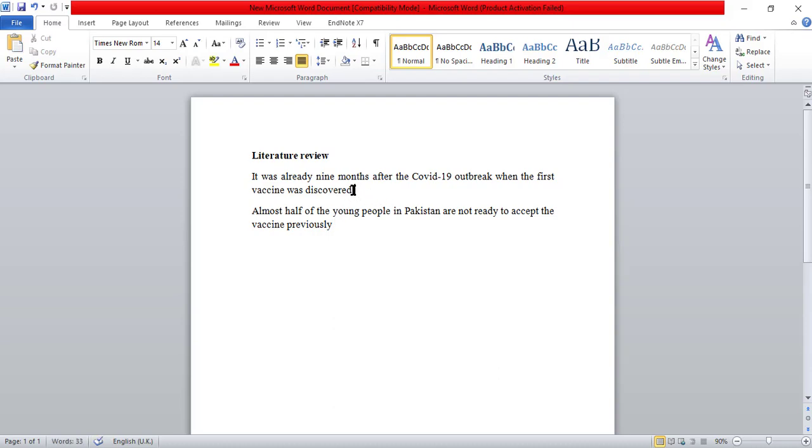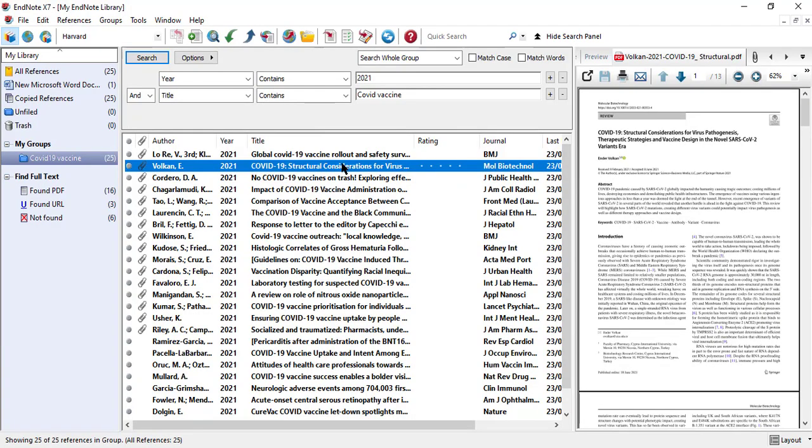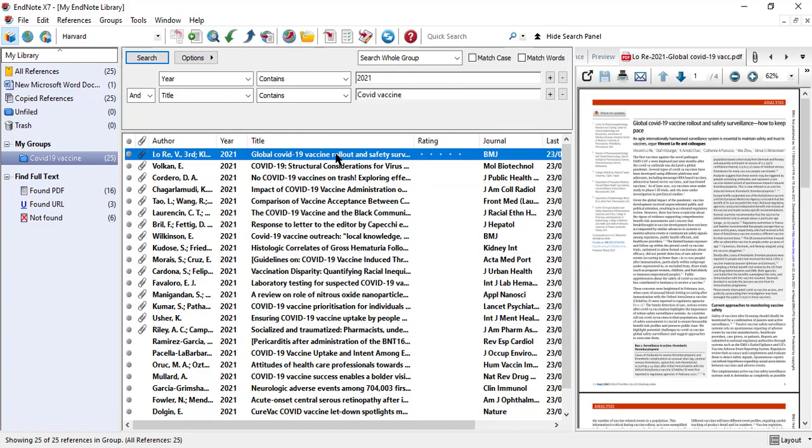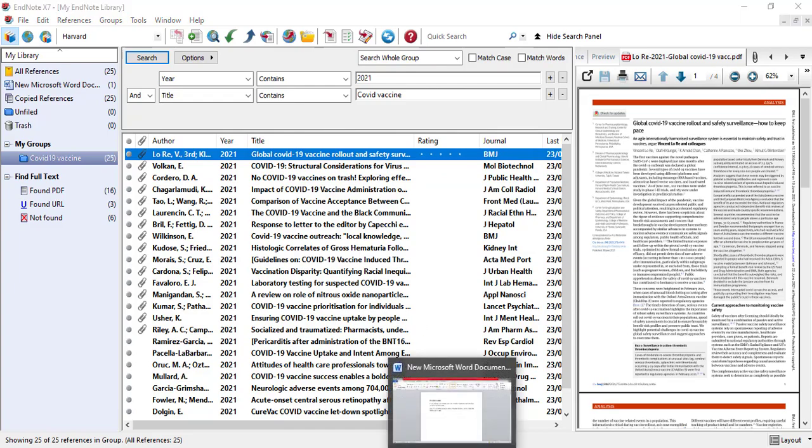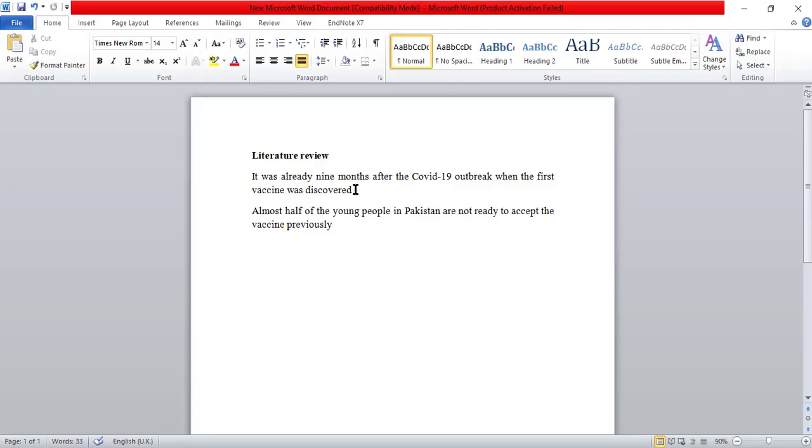Okay, now put the cursor here. I want to do the citation for the first sentence. See, the first sentence is taken from the first article. Select the first article. I have already selected. The cursor is kept here where I want to do the in-text citation, and here you can see the EndNote option. The EndNote option is only seen if you have added the EndNote in your Word file. You have linked the EndNote through the add-in buttons. So I have already added the EndNote in the Word file.